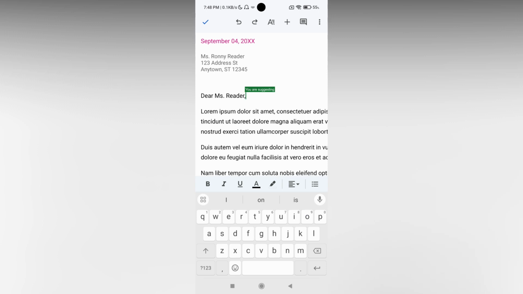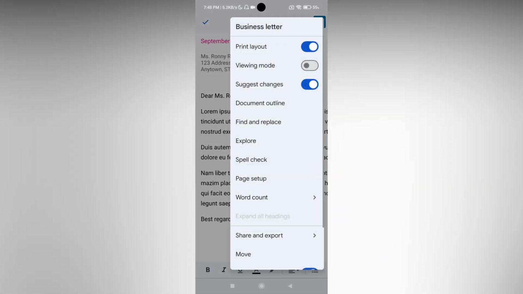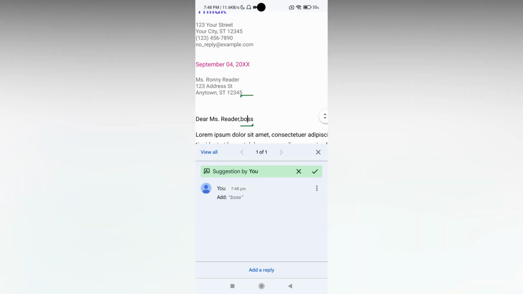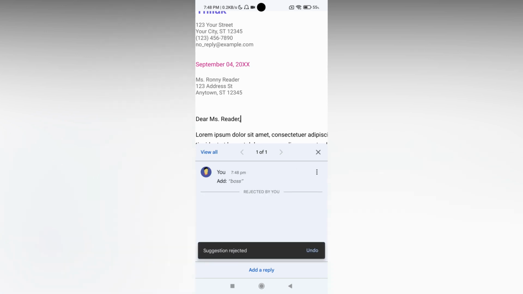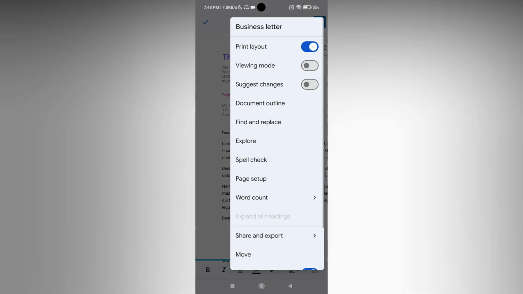To boss, like this, I just made a suggestion, and you can turn off suggestion mode whenever you want. And I suggest this. If you just click this, you can see which members have suggested this thing. So you can add a reply for this, or you can just ignore the suggestion, so it will be closed here like this. So this is how you can turn it on and suggest some changes on the document